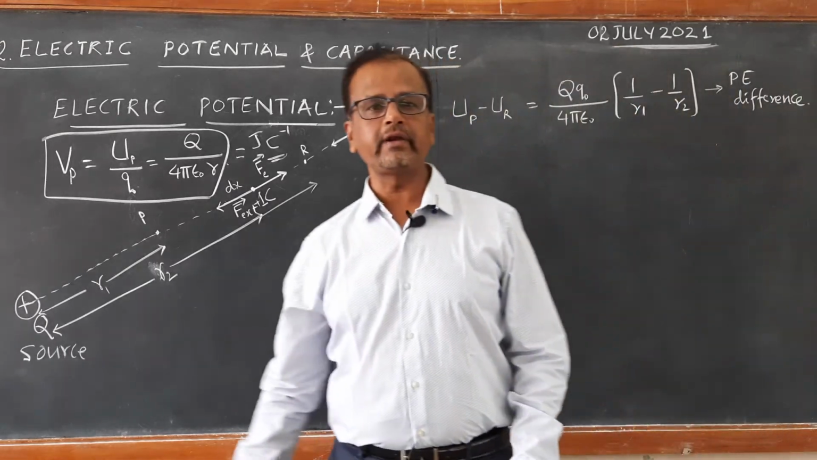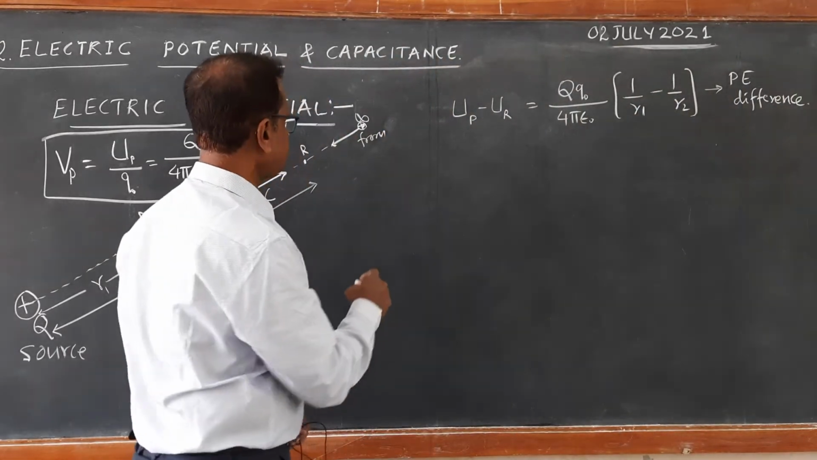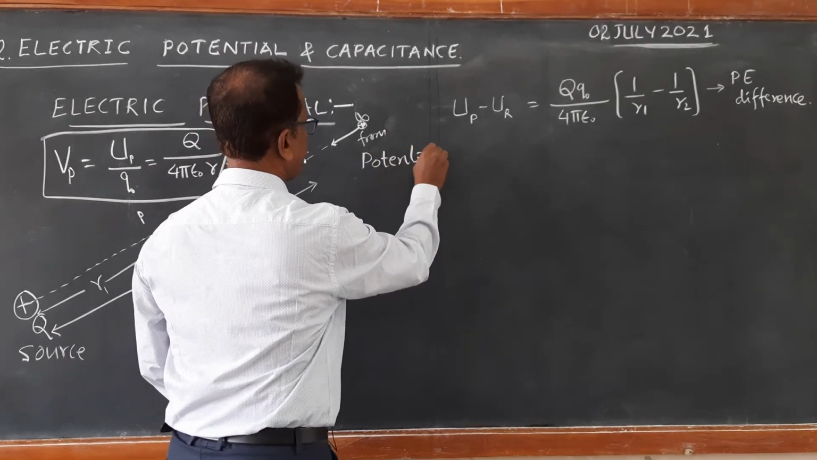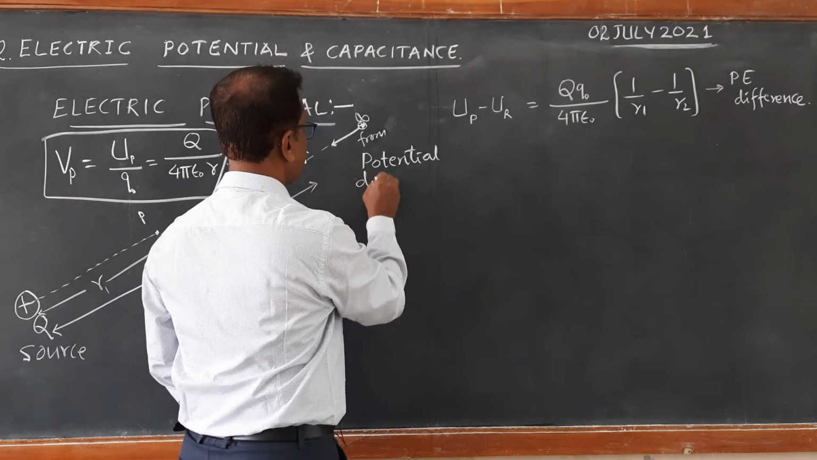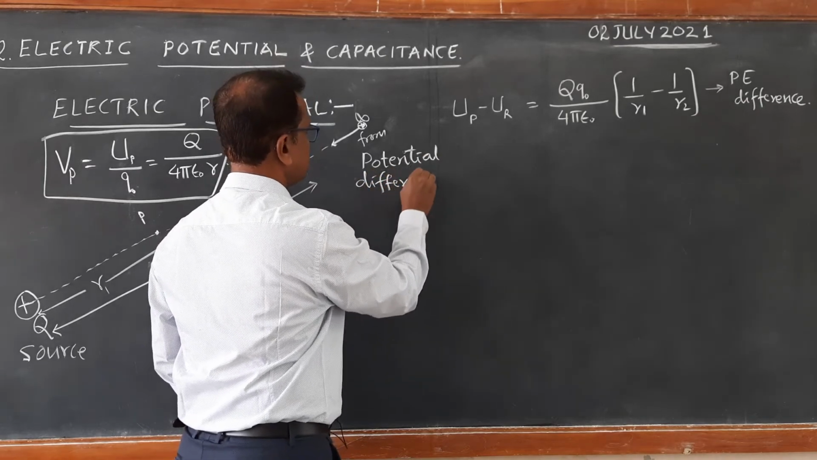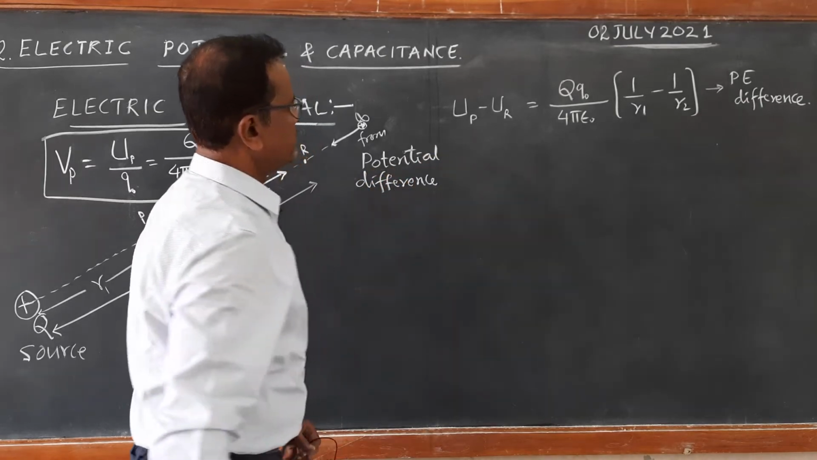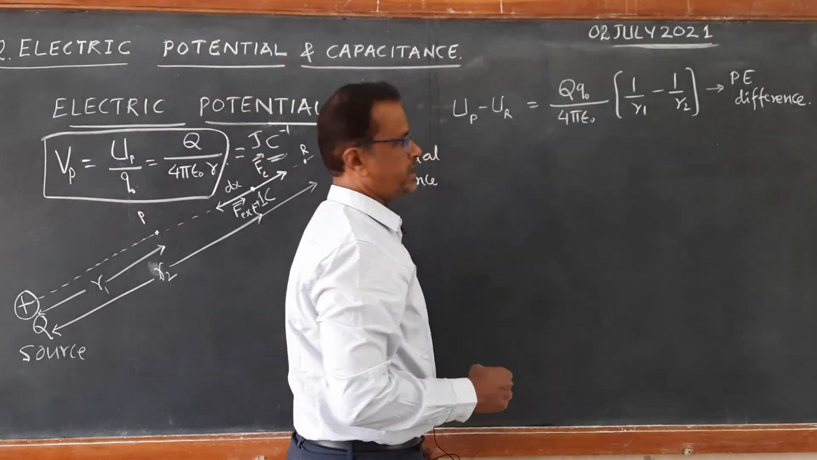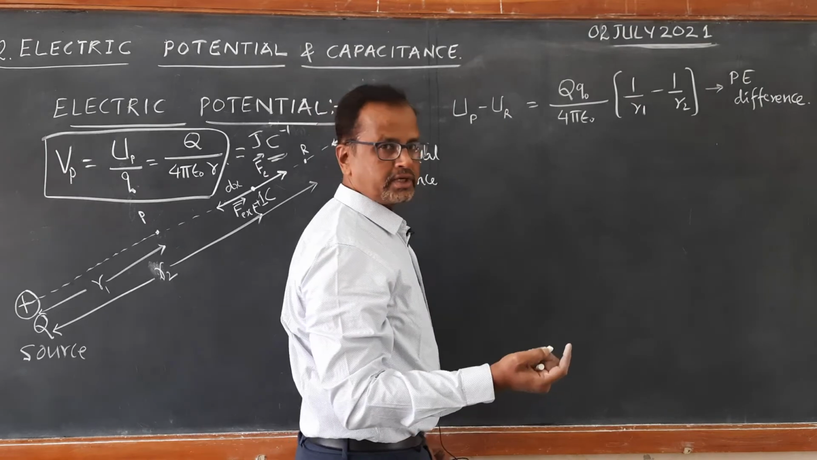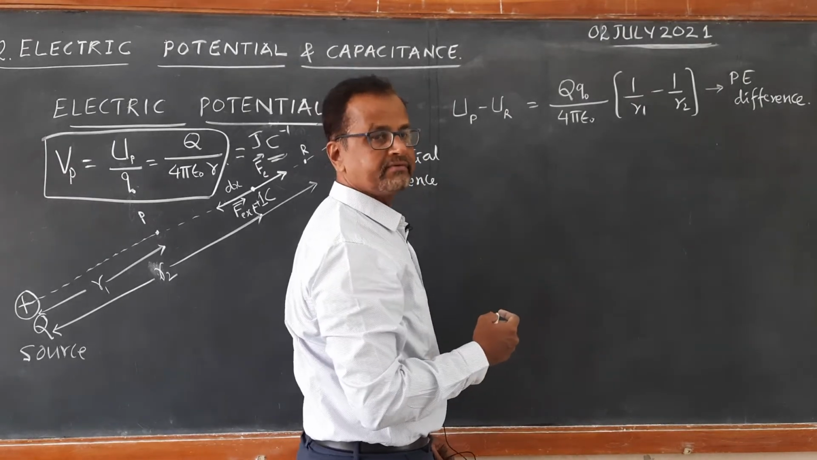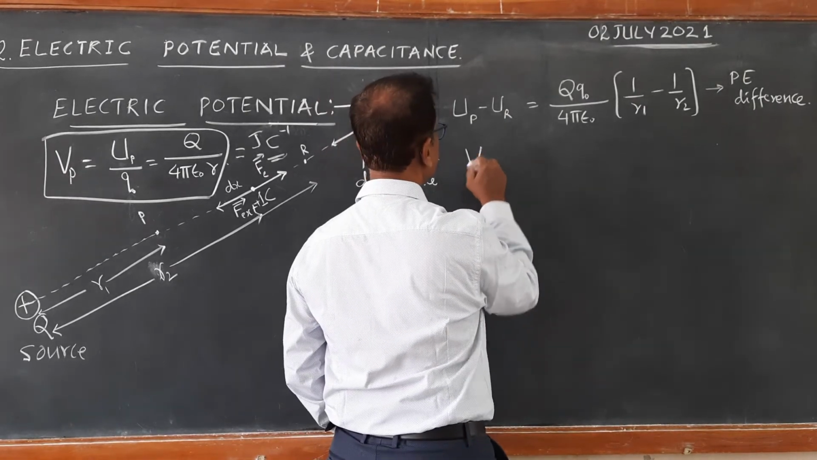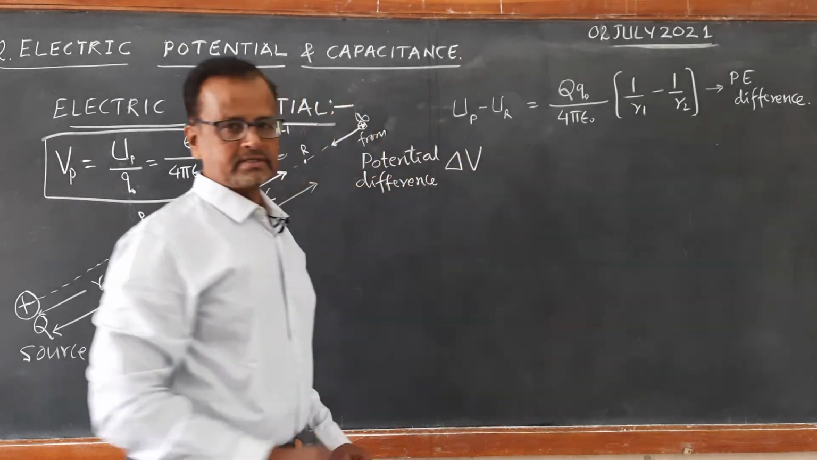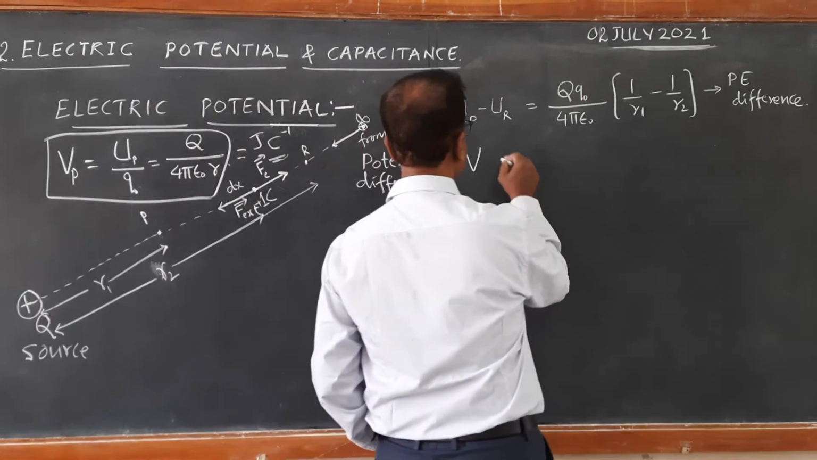Now, if we want to calculate potential difference, you see, it is per unit charge. So Q naught is the test positive charge. If you divide this by the test positive charge, we get the potential difference. That's it. So if you take delta V as the potential difference, then